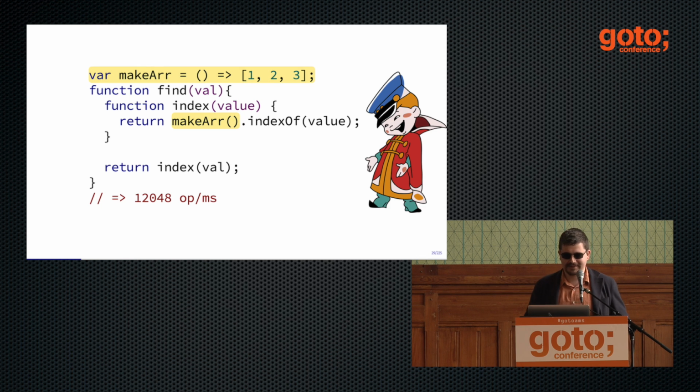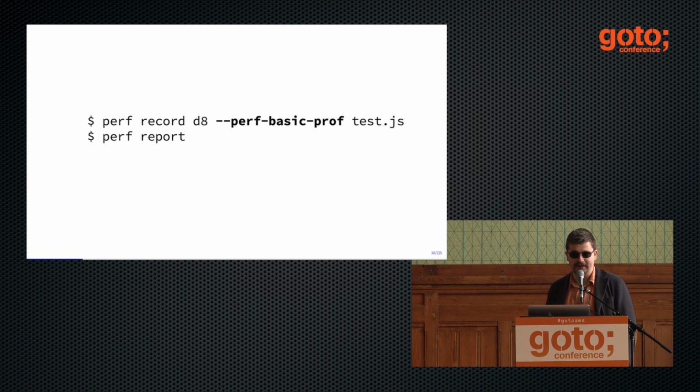And this is what people do when they see this. They are very surprised. And here the choice is to profile. You can use on Linux, for example, a very helpful tool called perf, which is a thing that can hook into the CPU performance counters and aggregate the statistics for you. And V8 has certain levels of integration with this tool. So with the newest kernels, you can even get the annotations per assembly line, essentially, per machine code instruction. But with an older kernel, you at least get the per function statistics.